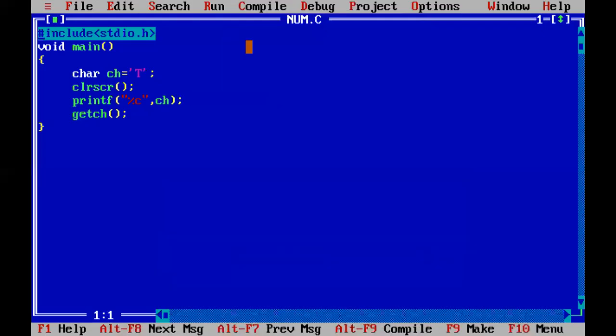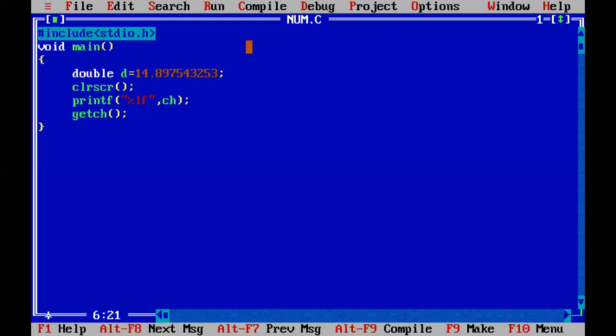Next, if I'm declaring a double value, I'm declaring the variable double, suppose d, which contains the value 14 point something 89. Okay. So this is a long floating point value. I want to display this value on the screen. Then I can use the format specifier %lf.